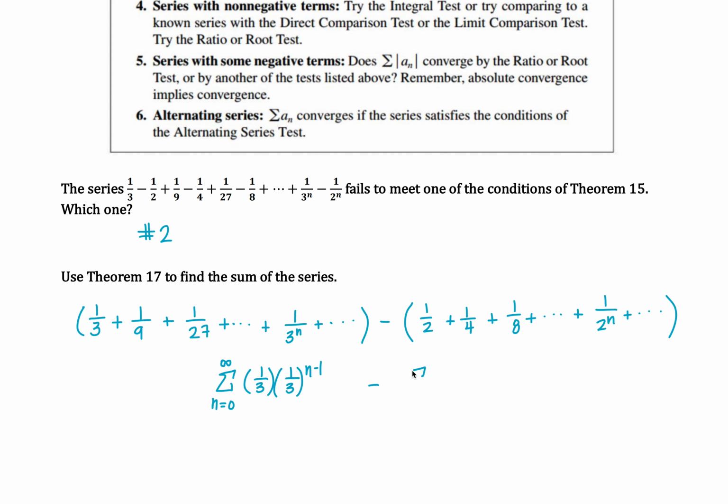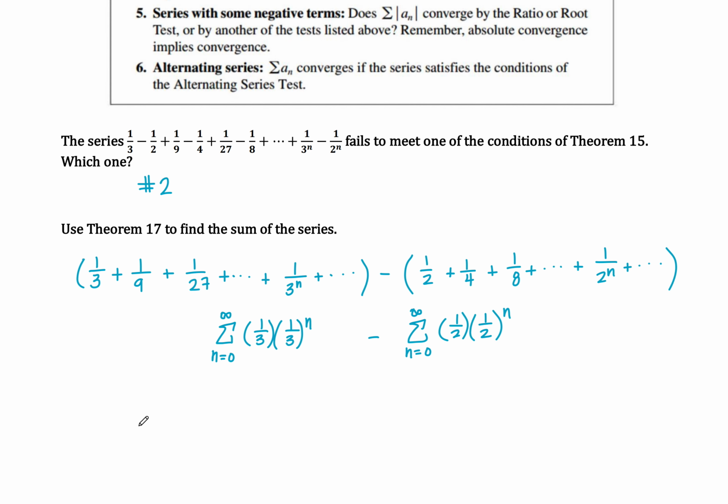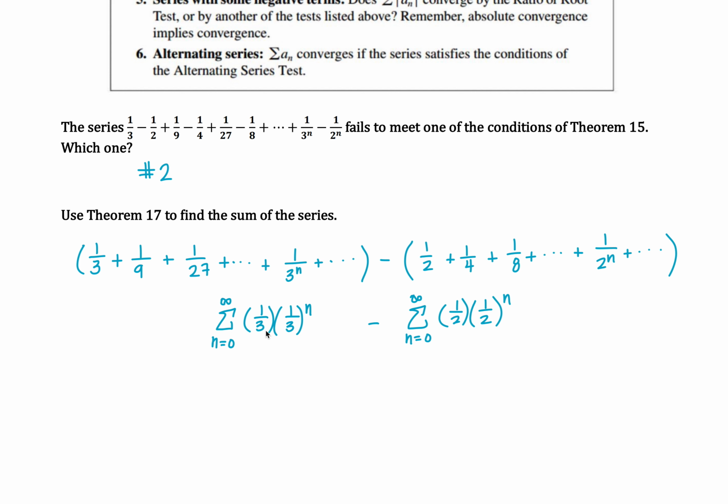And then over here, I've got a second geometric series. This one is going to be 1/2 times 1/2 to the n. I started them at 0. Sorry about that. So in both cases, we have an a value and we have an r value. And in both cases, that r value is less than 1, so we know that both of these converge,